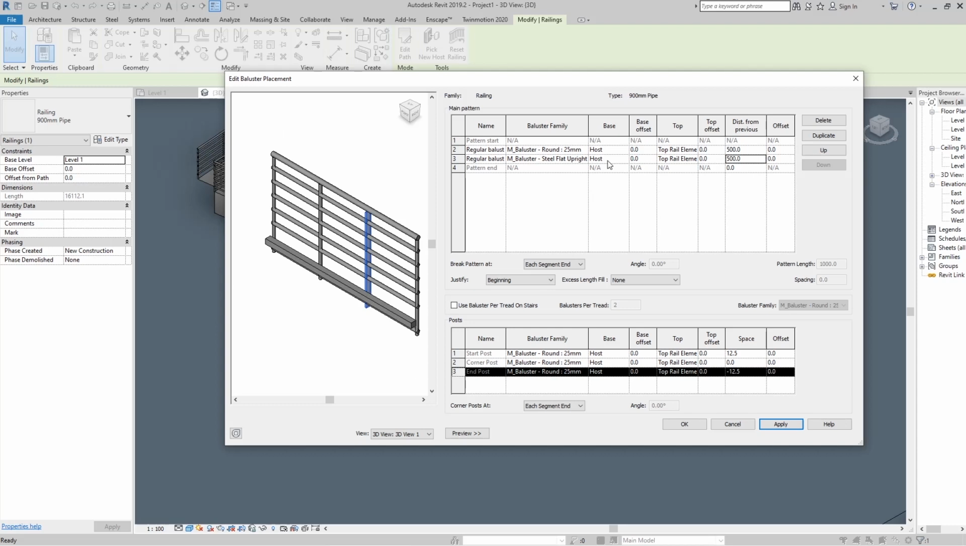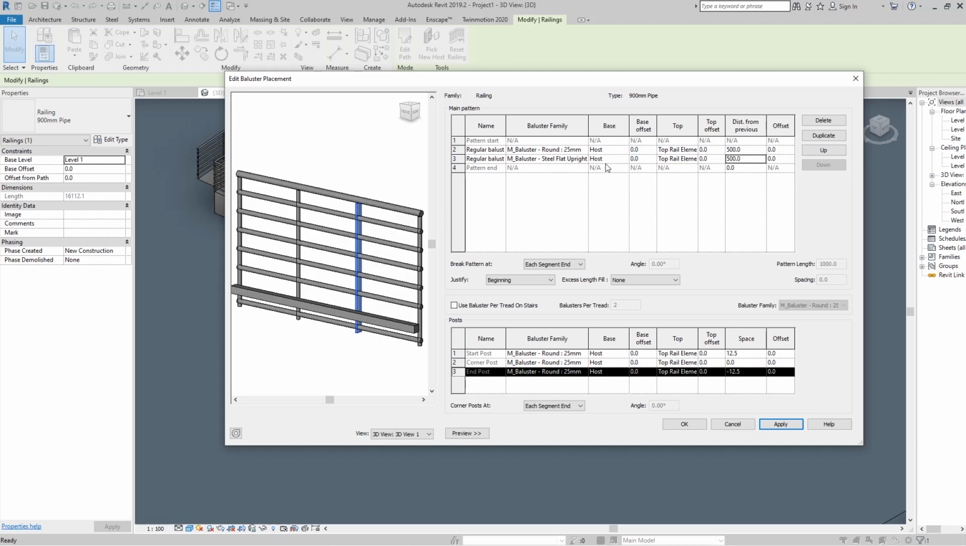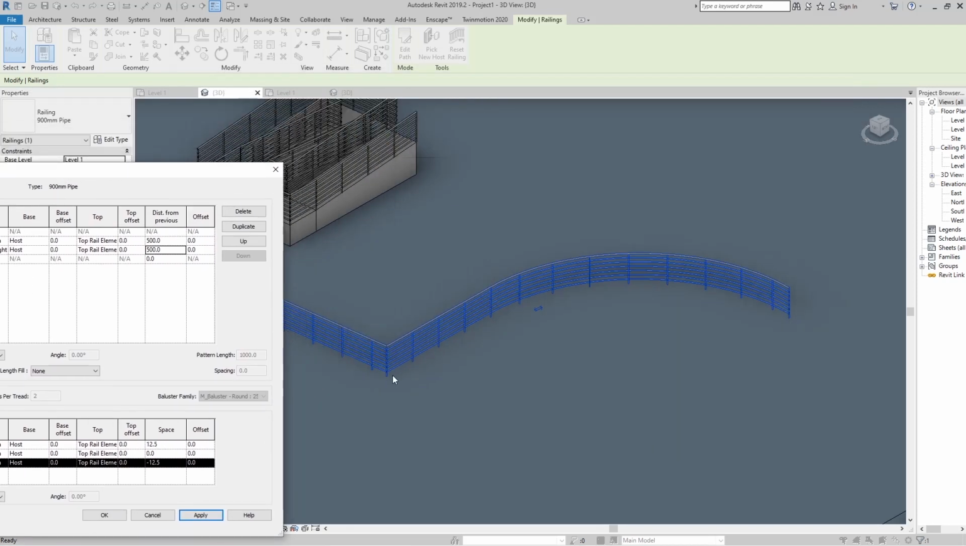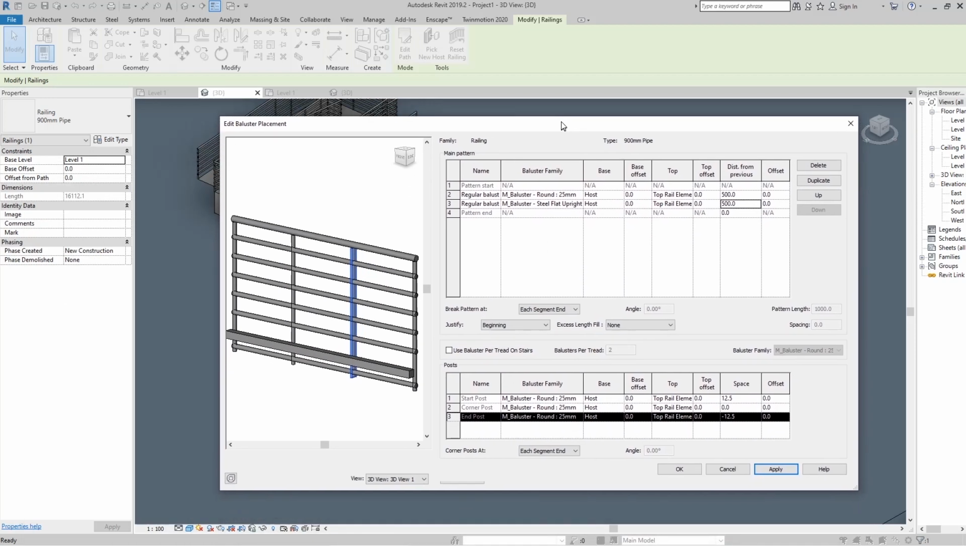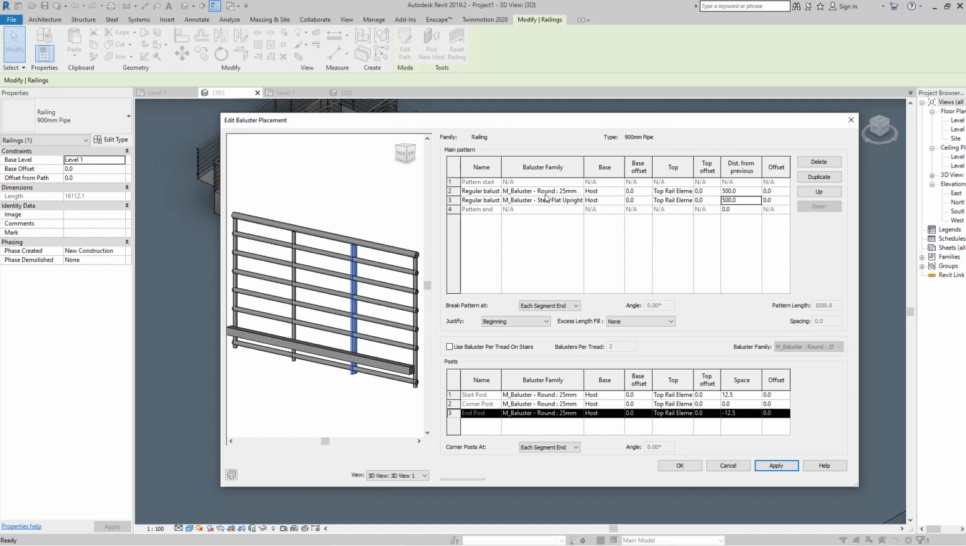Here is a base. We set here a start position for our baluster. Now there is a host. If you see here, the host for this railing is level 1. For this railing the host is a ramp, and for another it is a stair. If we go here and say, okay, I want this baluster to start from maybe this element,